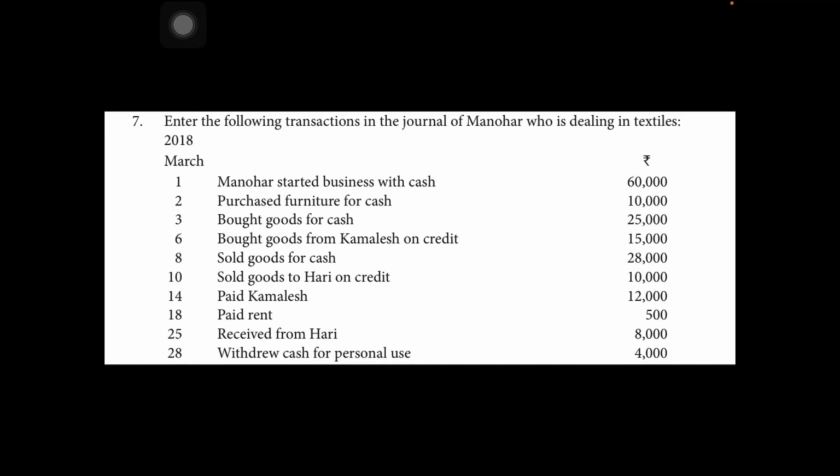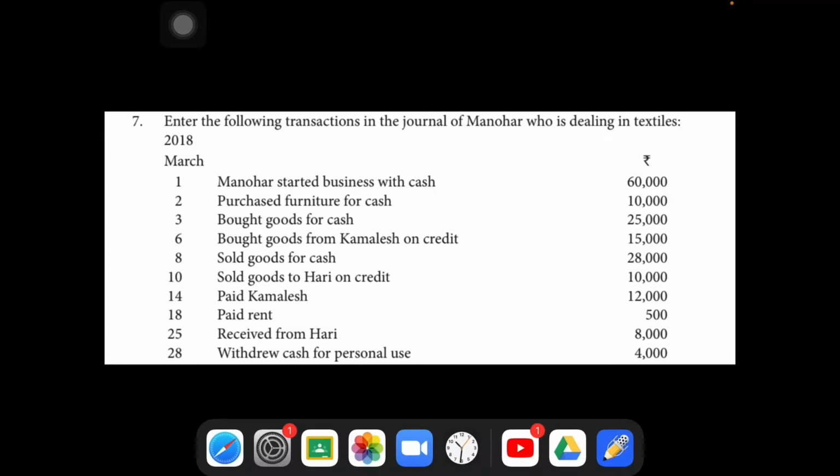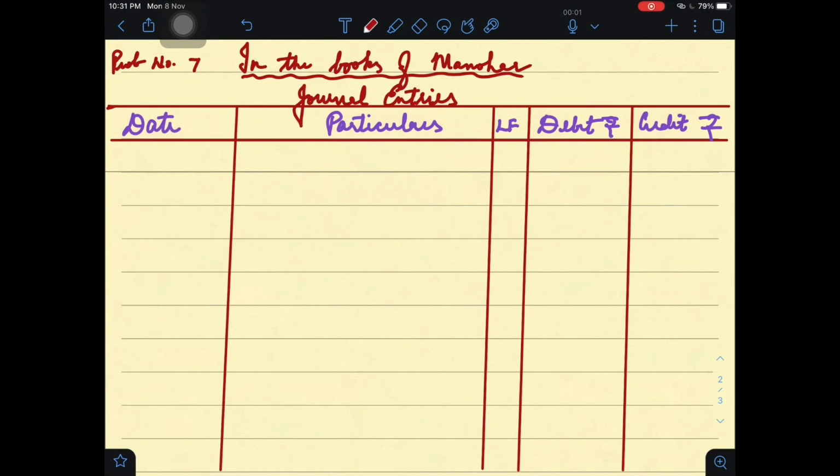So here, you will recall the steps of journalizing. Let us first discuss the format, because we need to work out a journal. Let us see how the format goes. You will be using only a single side, we don't use a double page. So just a single side you take.